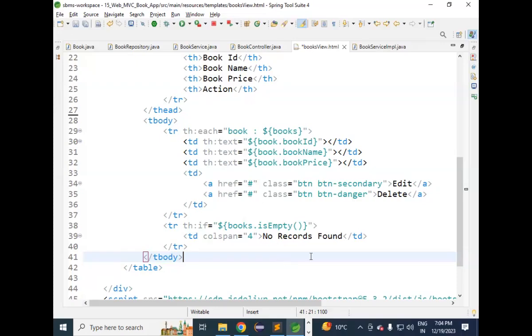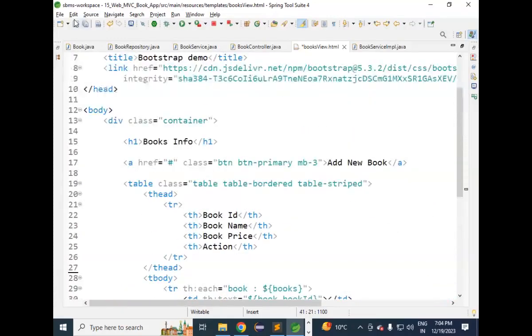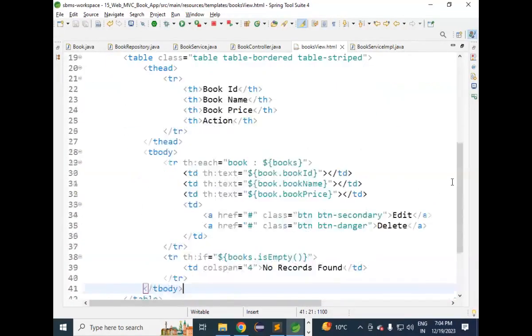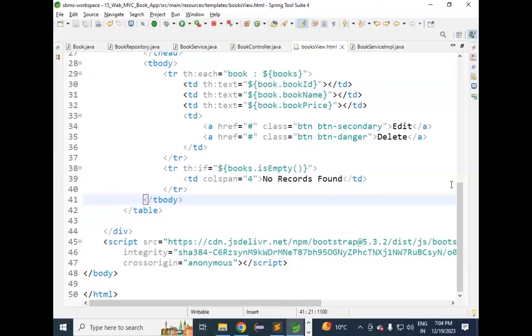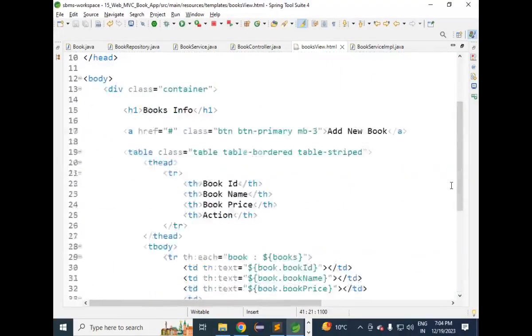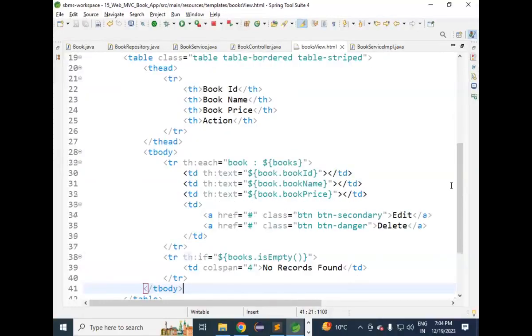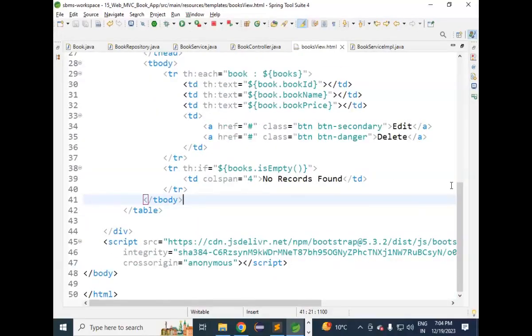Anybody not able to understand this? Anyone who is not able to understand this? Online students,